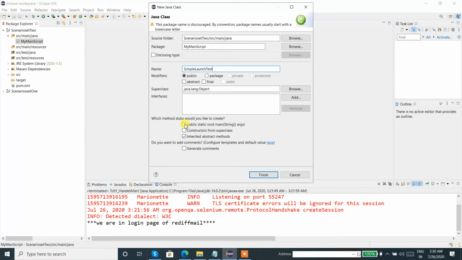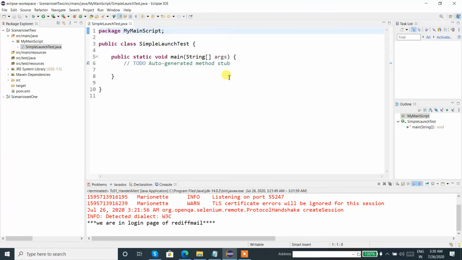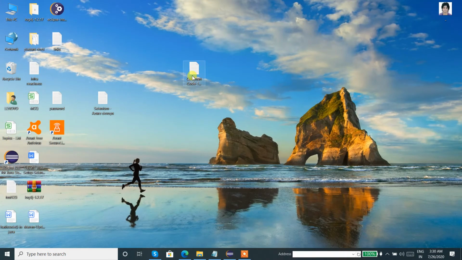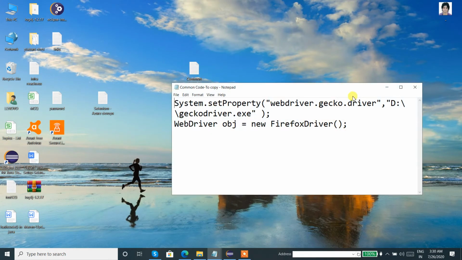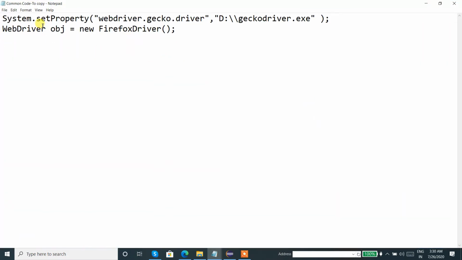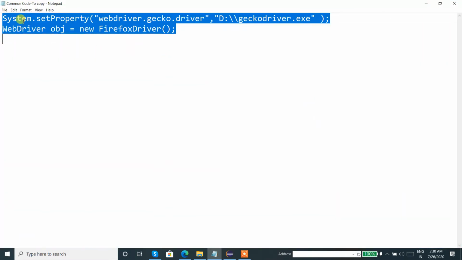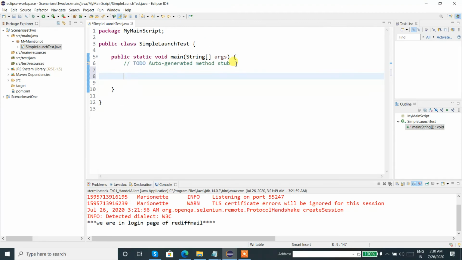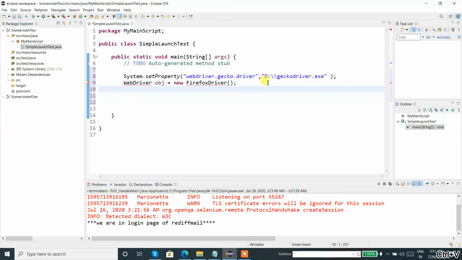This is the class name, and it is a main class. So my script program is ready, and for faster execution I just copied the common code. Let me copy this common code from here, enter Eclipse again and paste it over here.